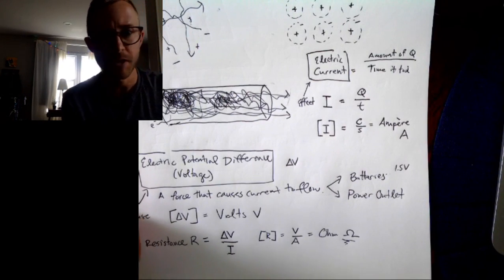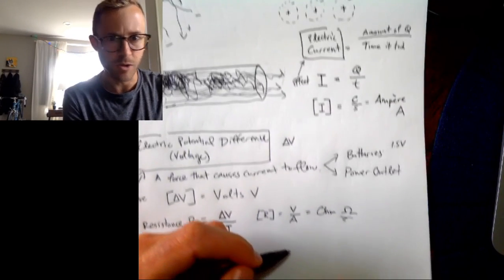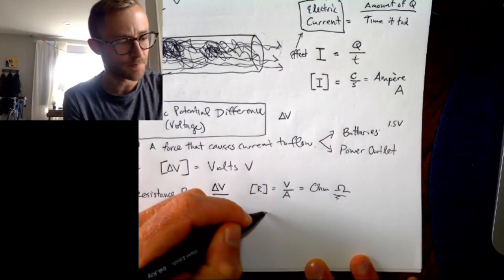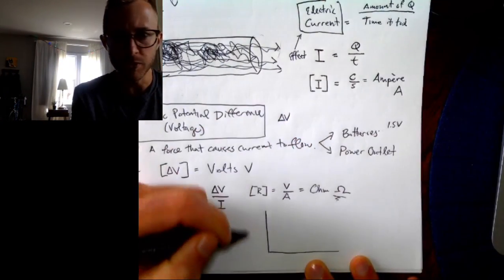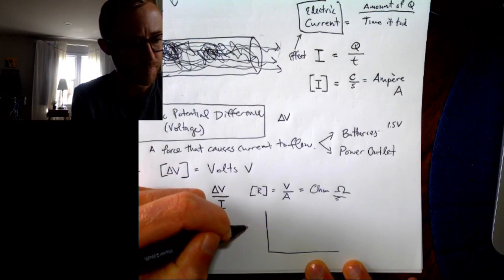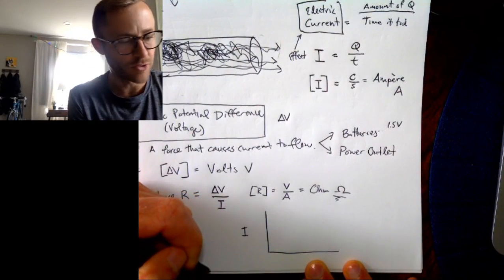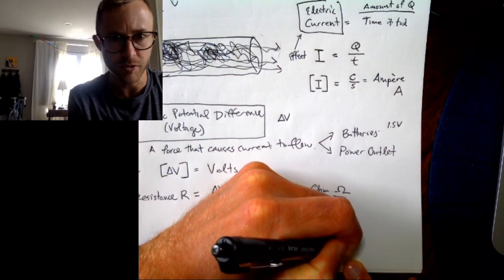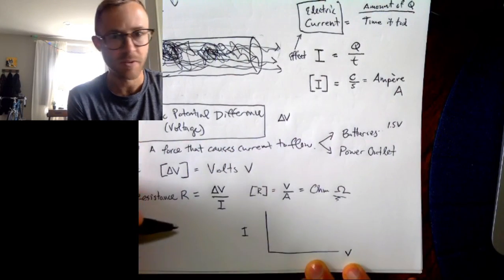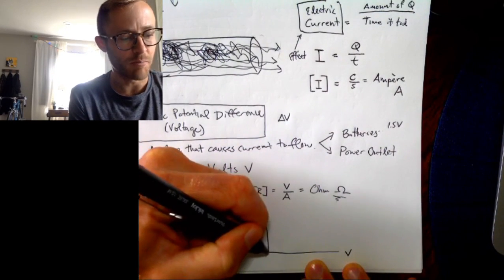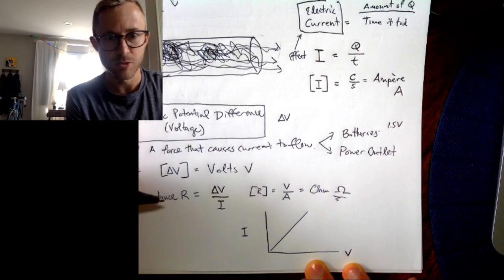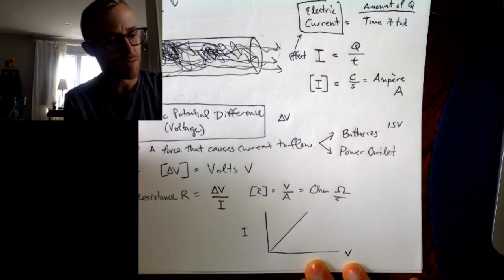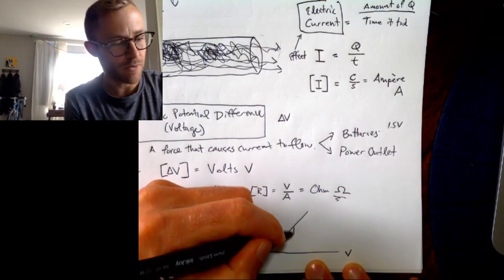That'll be fun. So what if I had a graph here of current versus voltage, electric potential difference applied. This graph might look like a straight line. So what would the slope of this straight line mean? It would mean you have,